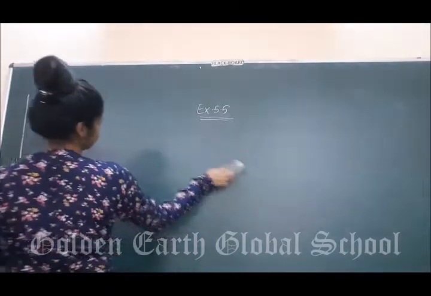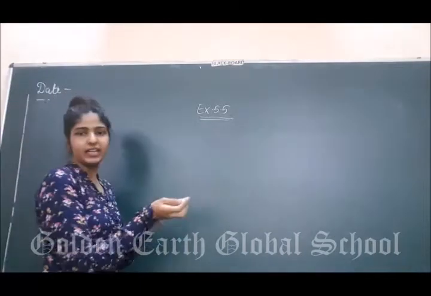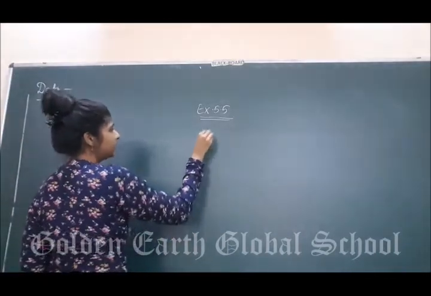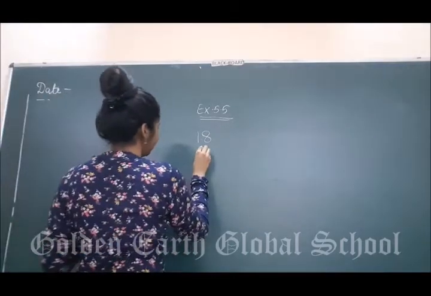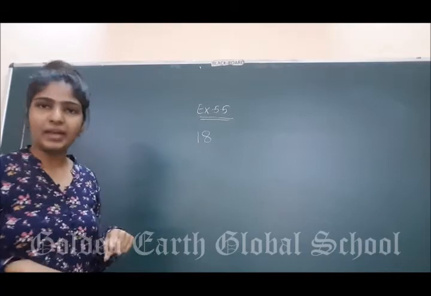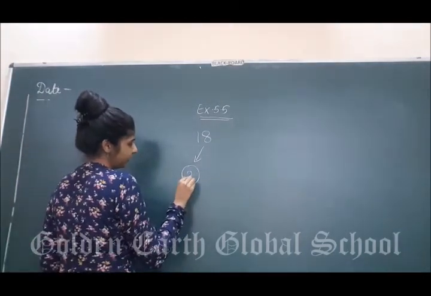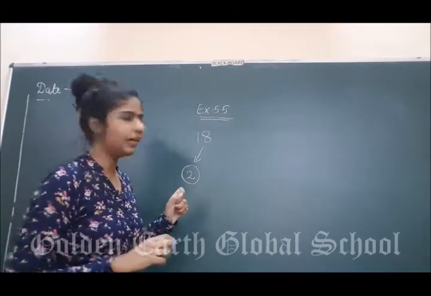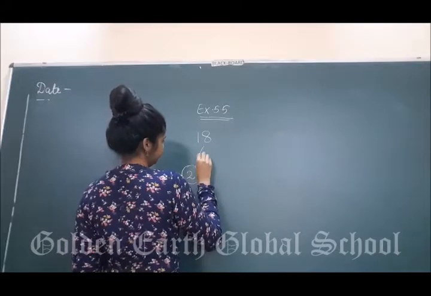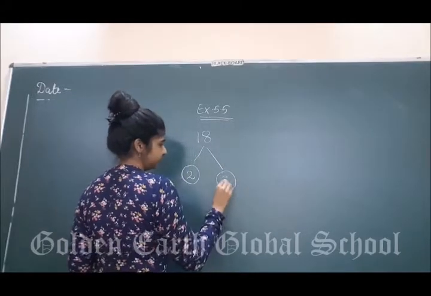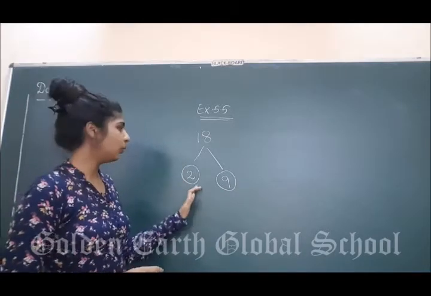Now what is prime factorization? To write prime factorization, let us suppose we have a number 18. Right? We have a number 18. If we write the prime factorization, we always start with the prime numbers. So, first of all you write 2 here. Right? 2 is a prime number ना. 2 के टेबल पे 18 कहाँ पे आता है? 9. Right? So these are also the factors of 18, 2 and 9.